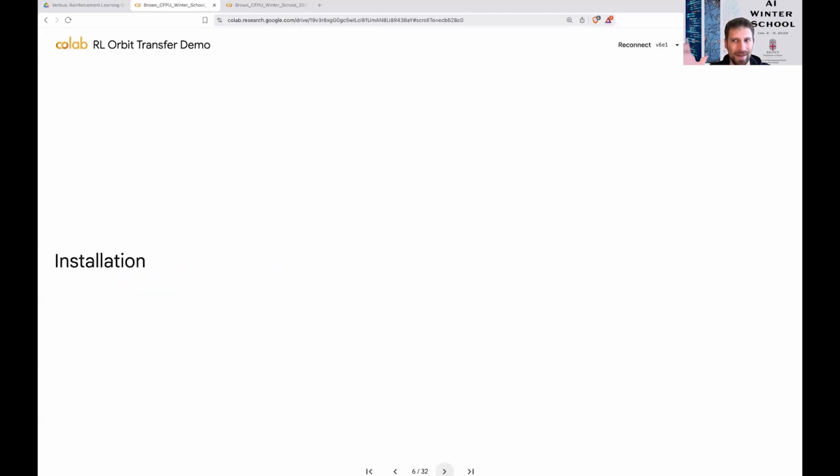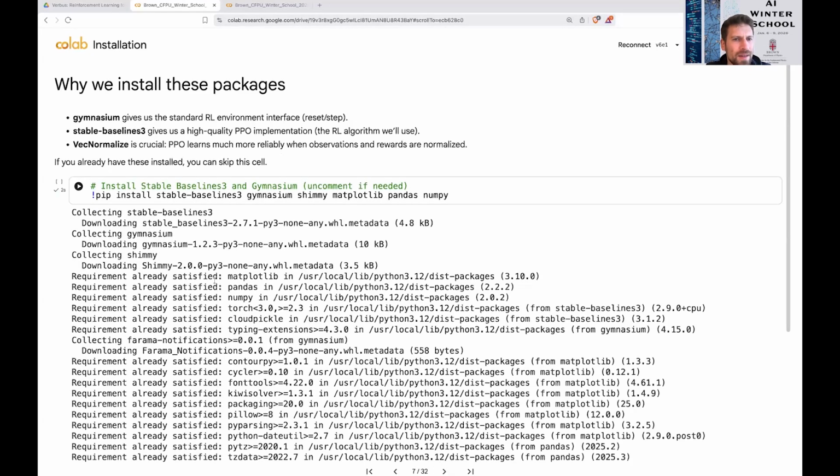We can skip it, but it expands the width of the cells. So we basically installed a bunch of standard packages. Basic gymnasium and stable baselines 3 are pretty common for setting up RL environments. We use the actor critic algorithm PPO, which we're not going to go into a lot of detail on, but